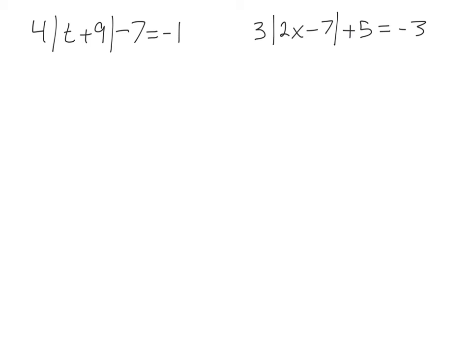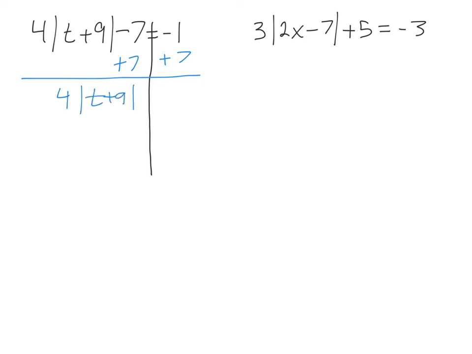In our first example, we want to isolate the absolute value first, so I'm going to add 7 to both sides. Just like if I were solving an equation, that's going to give me 4 times the absolute value of t plus 9. Negative 7 plus 7 is 0, and I have 6 over here. Now I still don't have this absolute value completely isolated yet. I have to divide by 4. Since that says 4 times the absolute value, I do the inverse operation,